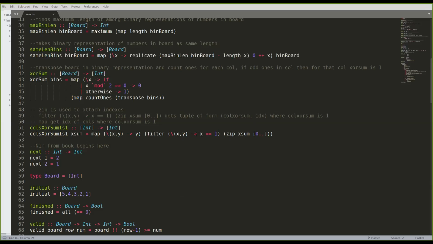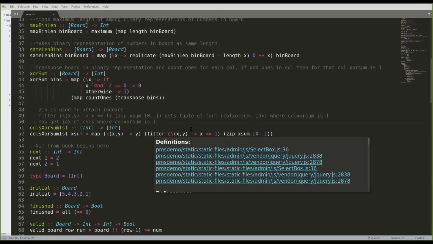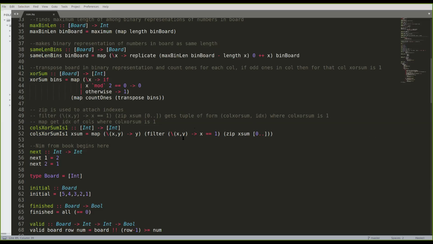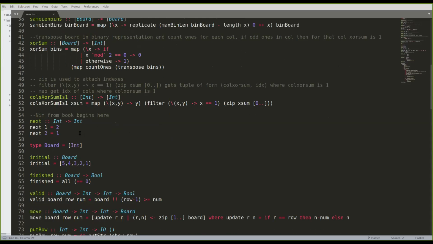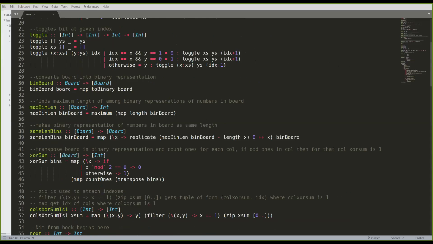I'm checking whether x is 1 in that or not, since we want to know where the XOR sum is 1. Then from this we get the second element, the index. So this is the list containing the indexes where the XOR is 1.